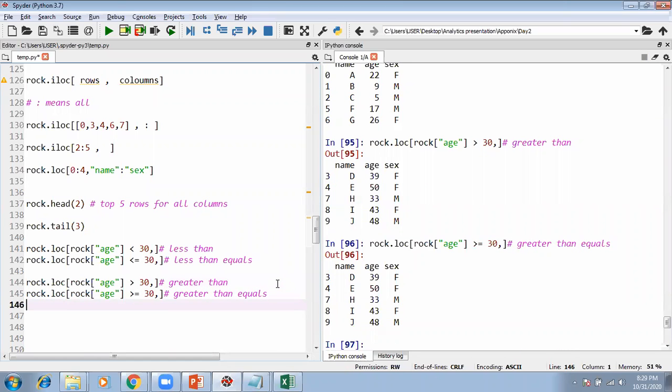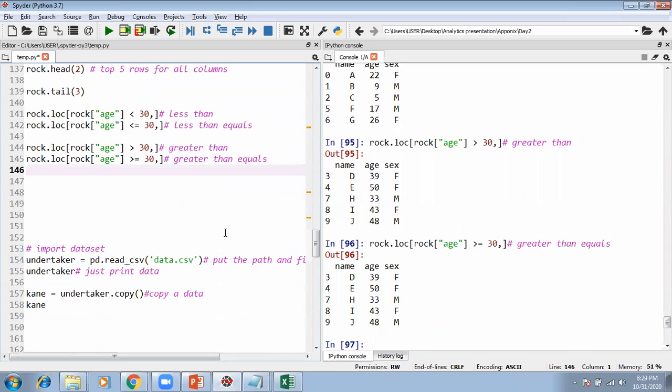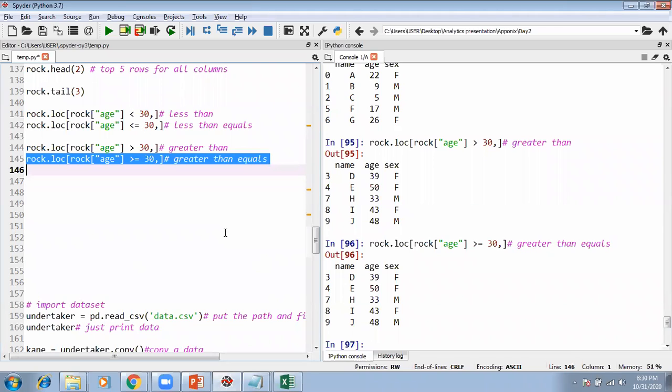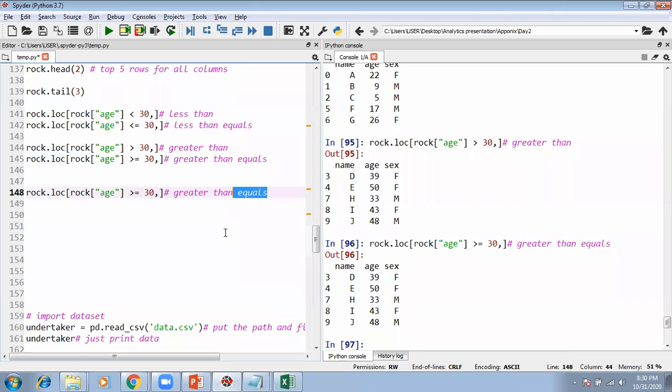This one clear, right? What if I say that I want all the people who are female? I want to see all the people who are female. So just the same way, actually, I'm going to show you how to write equals to. So you write all the people who are female.